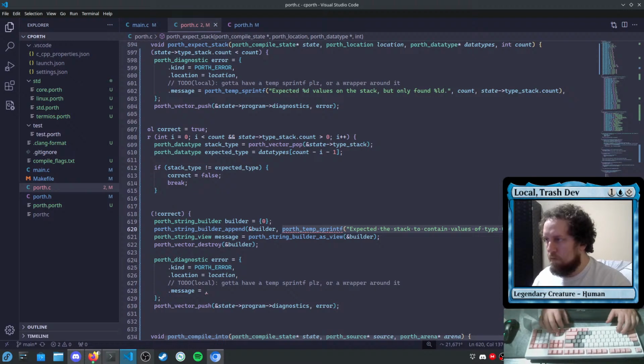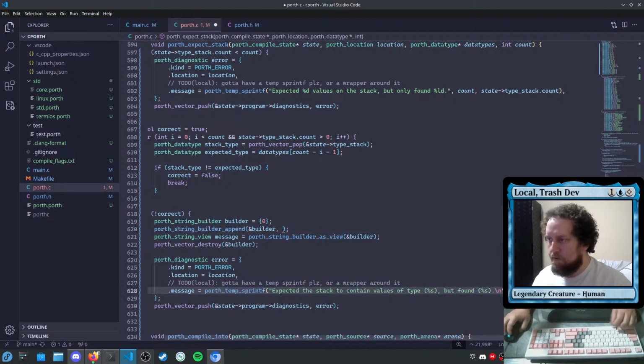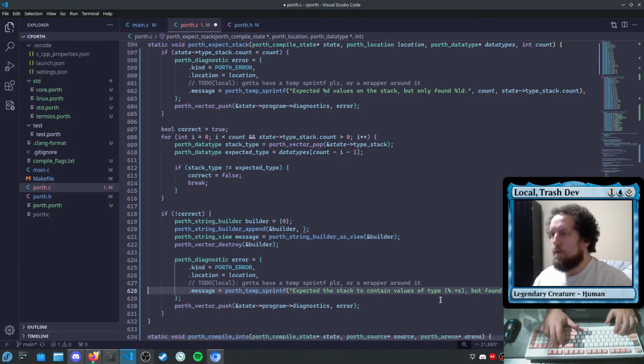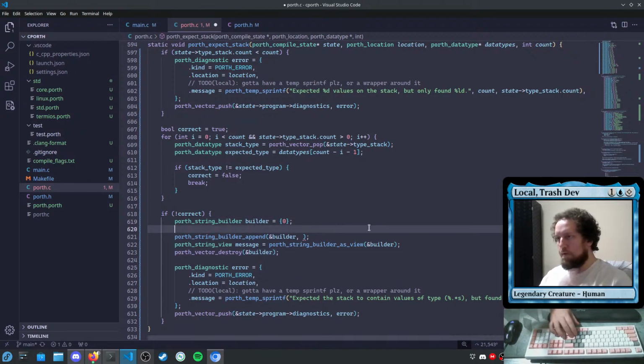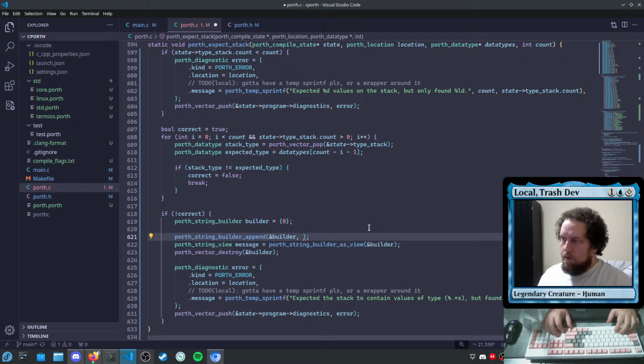So this part will become the message. This will be mod.s. And then over here, we're going to use the builder to build a thing, of course. So here,